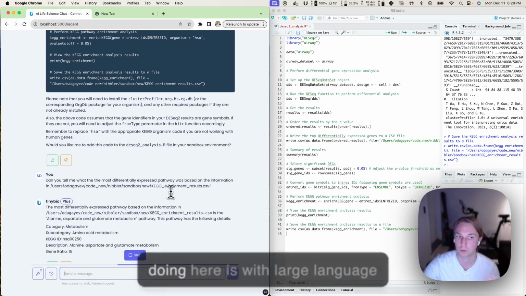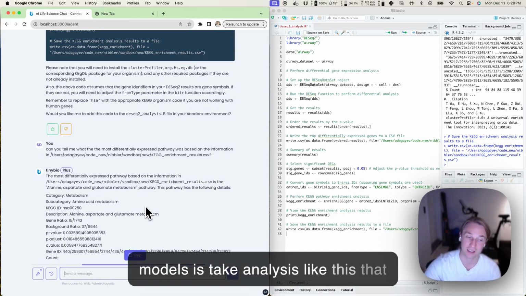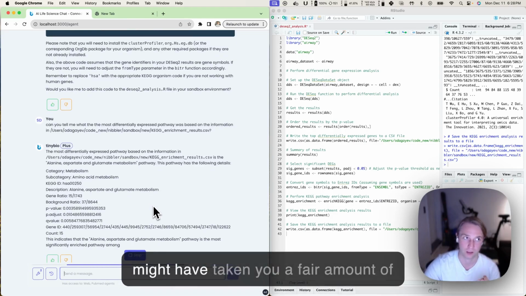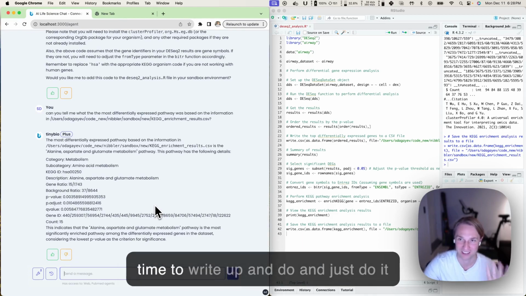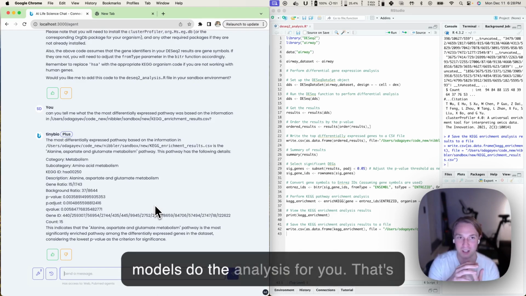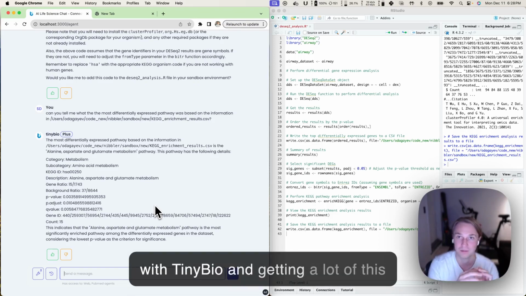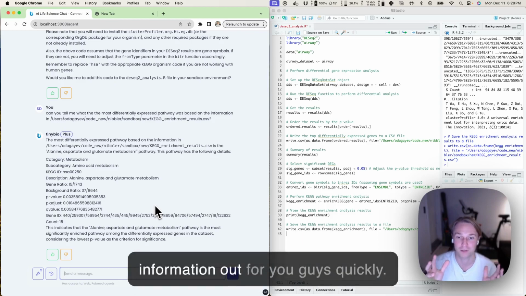And so what we want to be doing here, right, is with large language models, take analysis like this that might have taken you a fair amount of time to write up and do, and have large language models do the analysis for you. That's really the future that we're envisioning with TinyBio and getting a lot of this information out for you guys